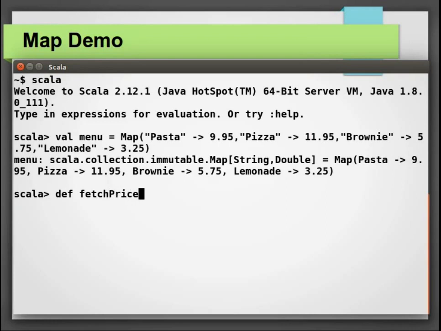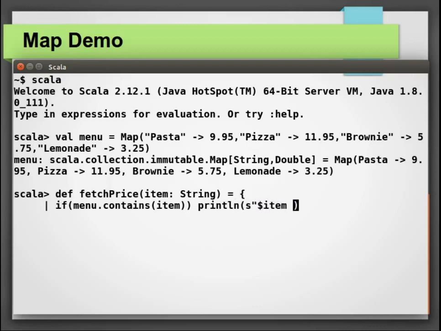There are many ways to handle such scenario. One way is to check beforehand whether a key exists in a map, and this can be done using method contains. Let us declare fetch price method that takes in food item and provide us with the price of food item. Here you can see how we have checked whether the map menu contains the provided food item.